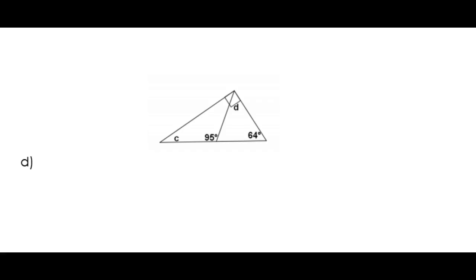So I'm going to focus my eyes right now on this triangle right here. The reason that I'm doing that is because they're asking me for angle D. And in order to find out angle D, I need to know this other little angle right here, and I'm not given that piece of information. So what I'm going to do is say, well, is there another way that I can find it out? Well, looking at this diagram,